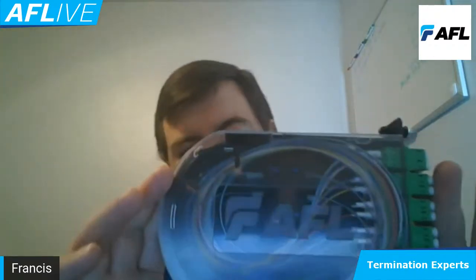And then as we go into our last option, we're looking at a module base. So what I have in front of me is a 24-port angled LC polymod. And I left this one unterminated for a reason, so you can see how this looks. So as we look at this polymod here,